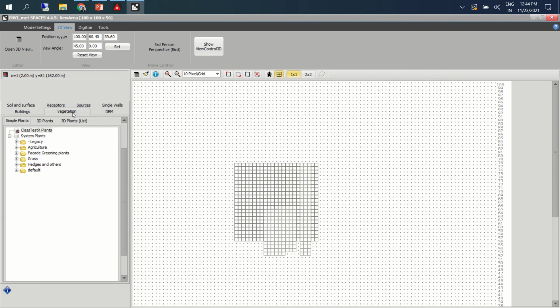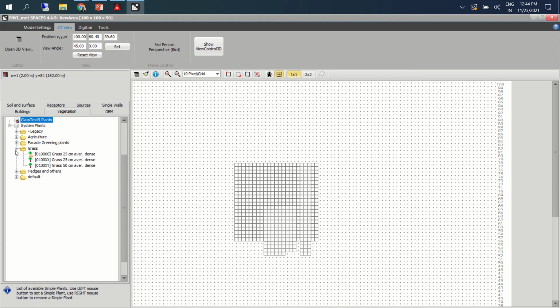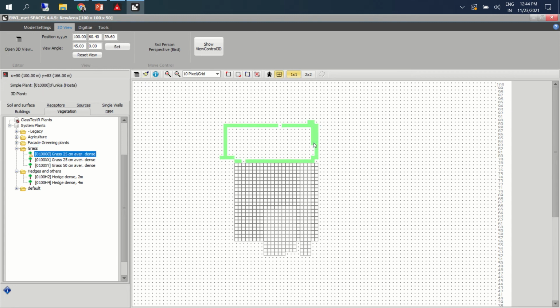Let's see how we have vegetations in hand. Let's say we have some vegetation. You have to assign what kind of vegetations that you have. I'll just put somewhere a little bit. Let's say we have some thick dense vegetation part, only grass.